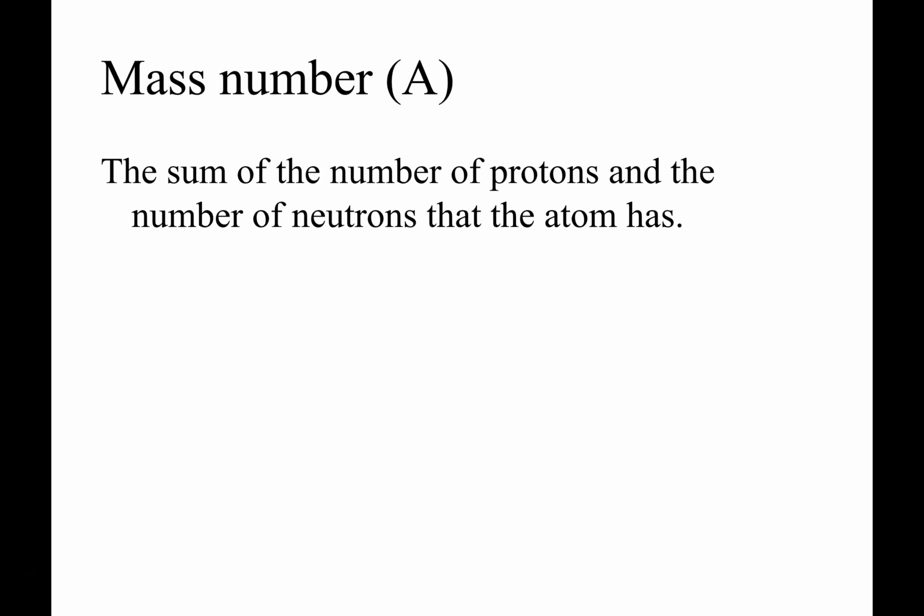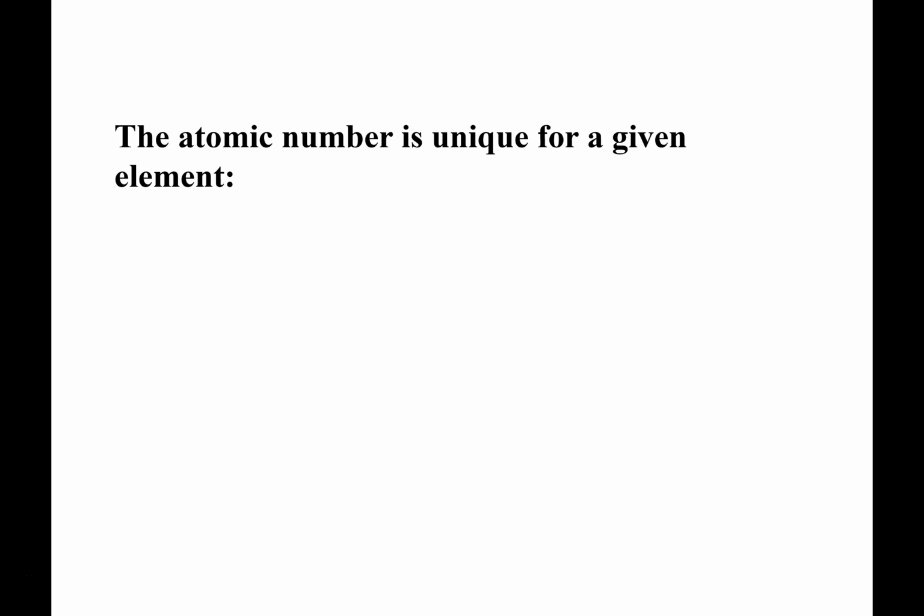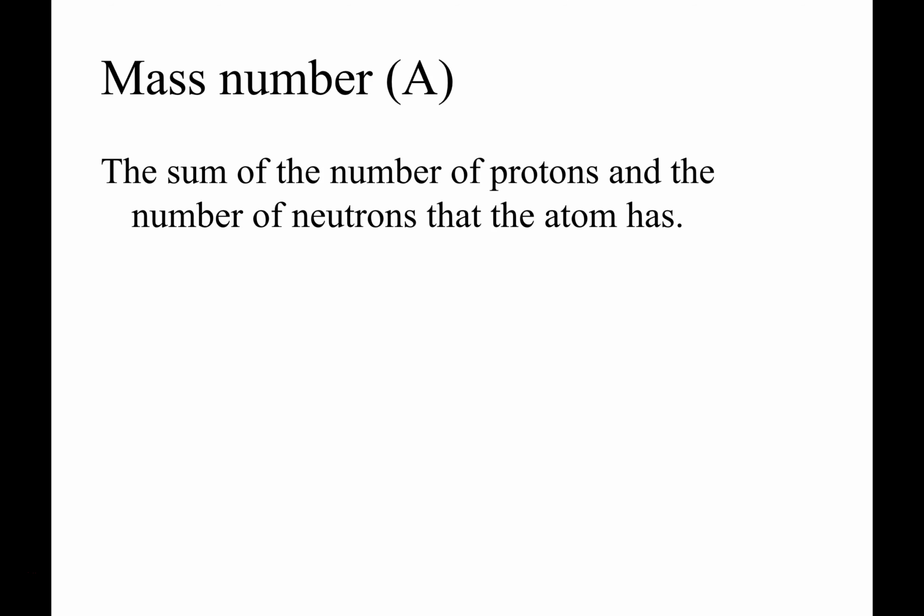Now, if you think of what the word mass is in the context of what we just talked about, the 3 subatomic particles, only 2 of them have significant mass. And so that hopefully will help you with mass number. Mass number is an integer. It's a whole number. Mass number means that you have gone into the nucleus of an atom and counted protons and neutrons. That's mass number. It's not a fraction. And it's not the same thing as mass. Okay, mass number.